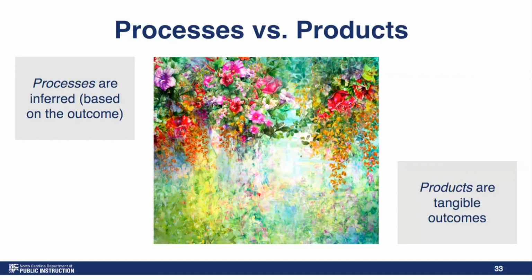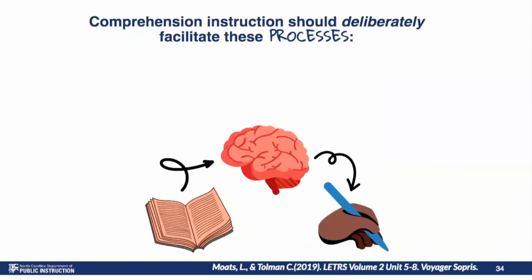So in this way, as a teacher reads, they also model how they are thinking: the mental model in their mind, inferencing, and so on. By teaching the process of comprehension, students will be able to produce comprehension products. As teachers, we really want to focus on teaching the process of comprehension and not just the product, like answering questions. So we're going to talk a bit more about how this all comes together,